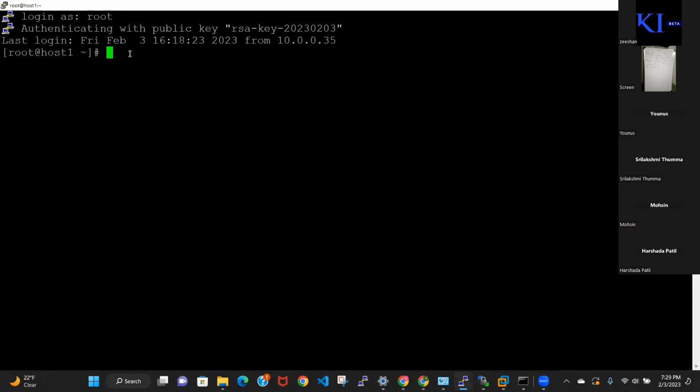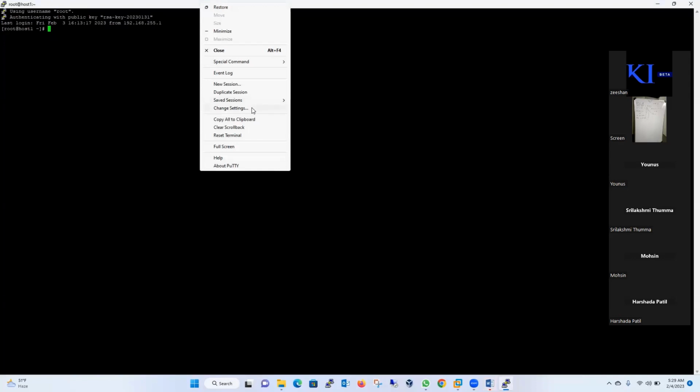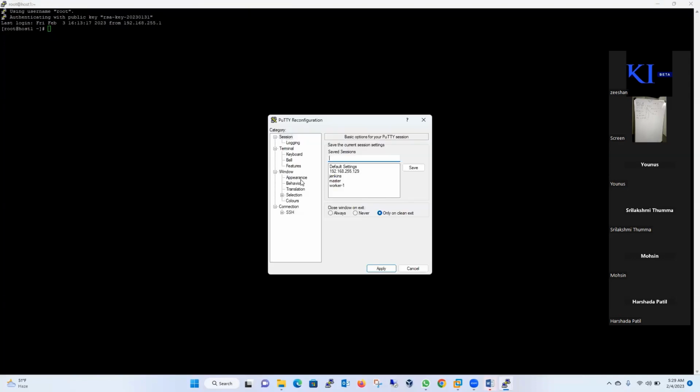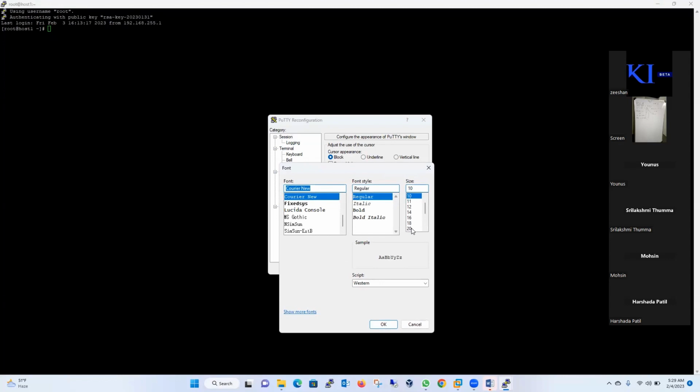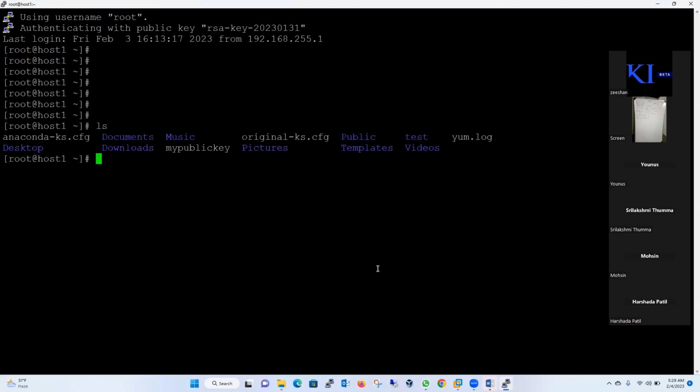So no issues. If I want to copy some file from this machine to the other machine, what will I do? I will use SCP. Let's say I have some file or directory. First of all, let's say I am in root. So I will touch a file,